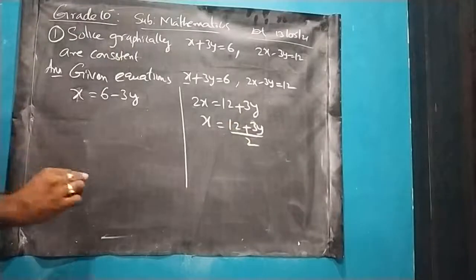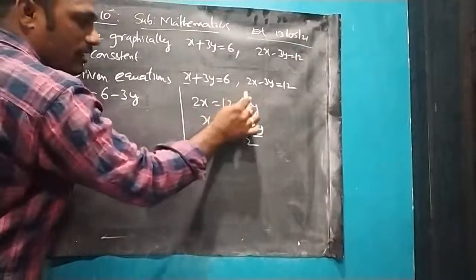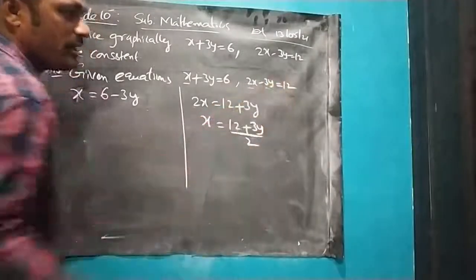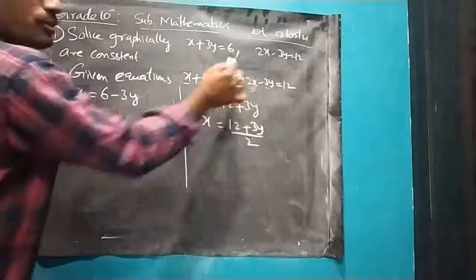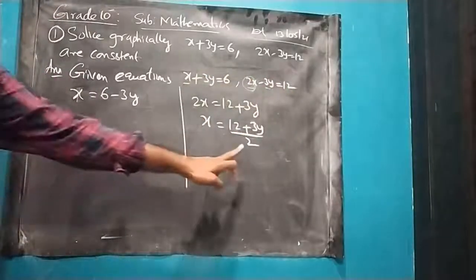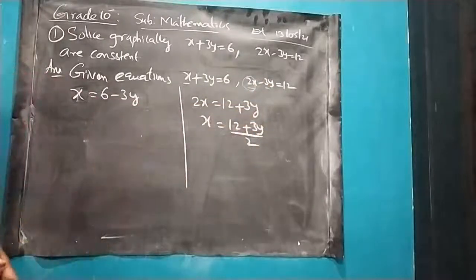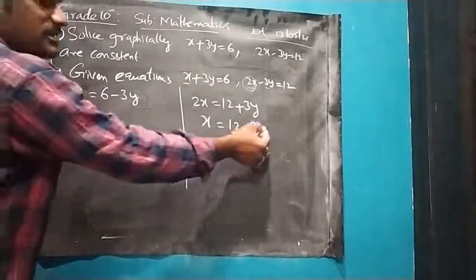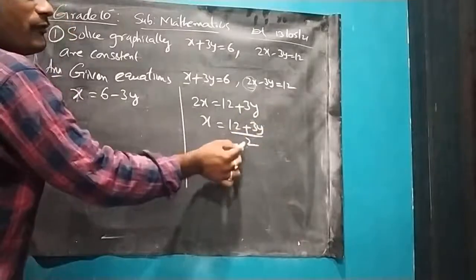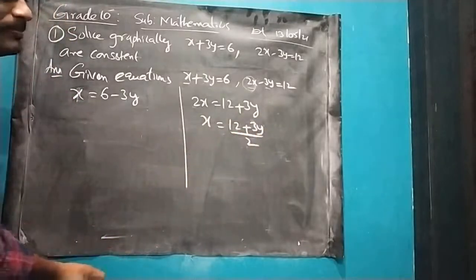Now here, 100%, when we are having the options of 2 and 3, we have to go with only 2. Why? Because for 2 a lot of numbers will be divisible, but for 3 we will get decimal points. In most of the questions we cannot guess the numbers that accurately, but for 2 we can easily guess the numbers. So that's the reason.